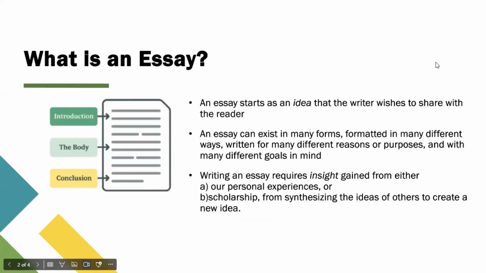Okay, so in the reading, what is an essay? You likely read about how an essay starts with an idea, and the idea is something that the writer wishes to share with the reader. An essay can exist in many forms, so formatting is different. Sometimes the purpose for writing is different, so the goals for the formatting of an essay might be different based on those purposes. But generally, this picture on the left is what you will expect from the essays we'll